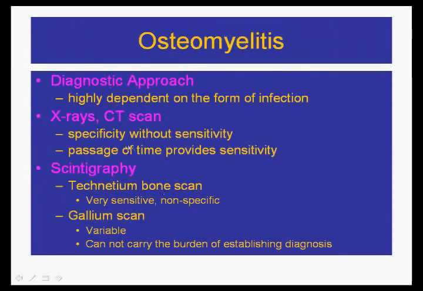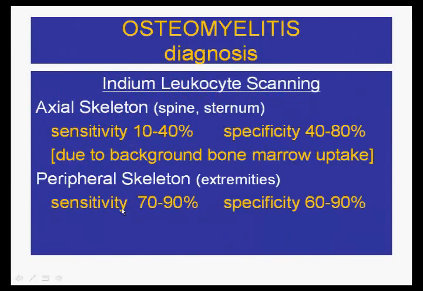Scintigraphy is very nonspecific. Technetium bone scans are very, very sensitive, very, very nonspecific. Useless except in pediatric acute hematogenous osteomyelitis where the X-ray is normal. They do this technetium bone scan to confirm their clinical diagnosis and then do a biopsy and make the diagnosis. Gallium scan is very variable, cannot carry the burden of making a diagnosis here. And when I was giving this lecture a year ago and earlier, I would have told you the same exact thing about indium scans. They're not